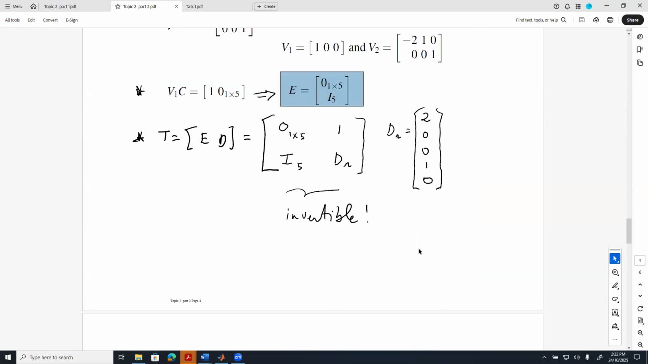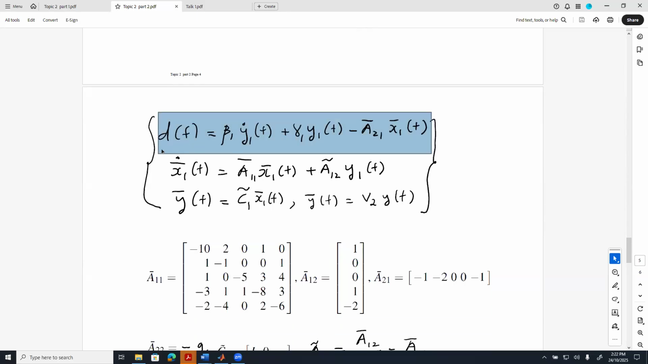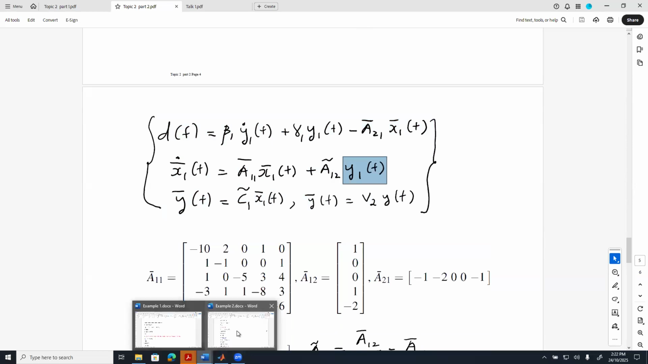All right. And then as a result, we can easily express the unknown input in terms of the output measurement y1 of t. And then the rest of the reduced order system can be obtained. And this reduced order system is in terms of the output measurement y1 of t. So if I just cut and paste